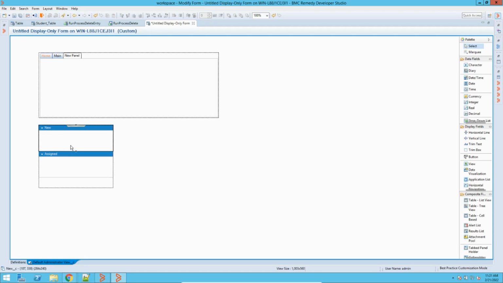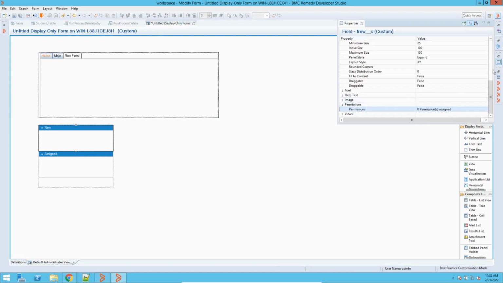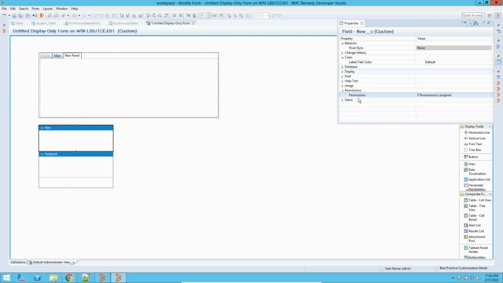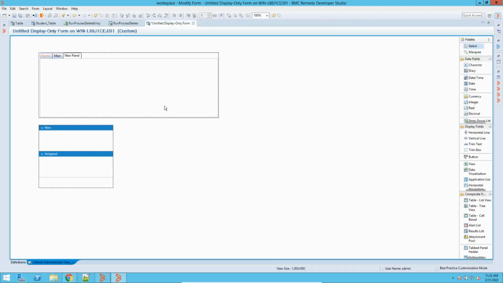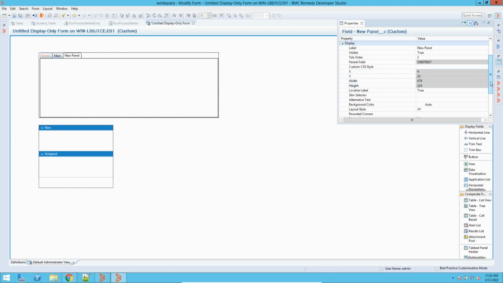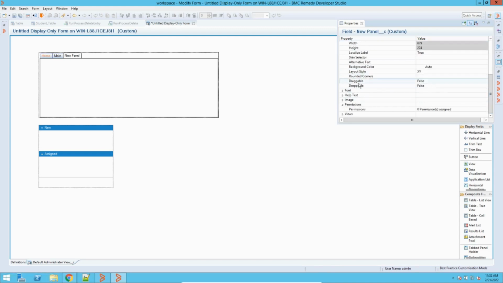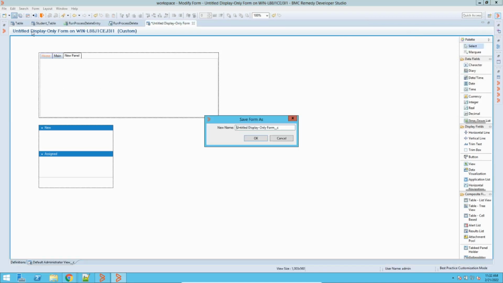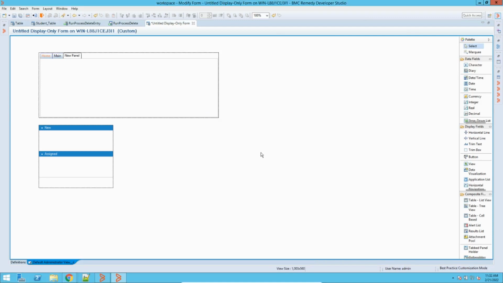Sorry, this is the one drop down panel you have. One more thing in this panel, you can check the layouts here, you can change the layout for the panel. If you see here, there's rounded corners. In case you want rounded corners, you can give it a number. Then this panel will have rounded corners. Okay, let me save it here.